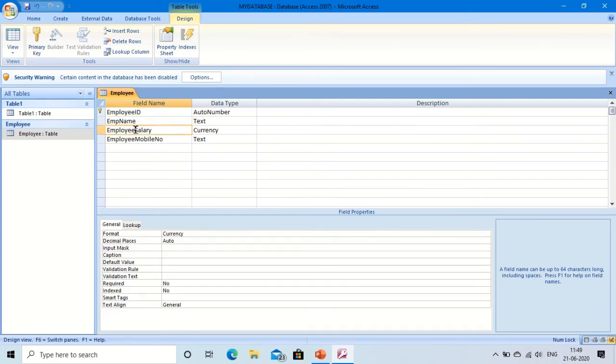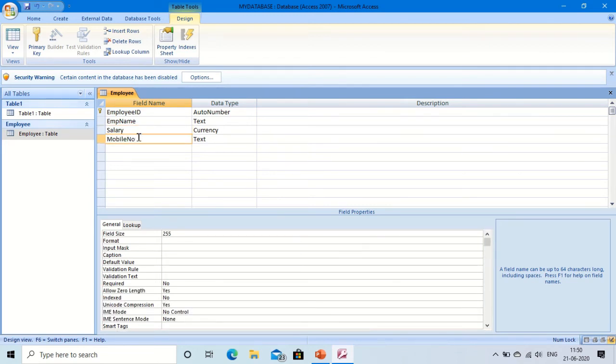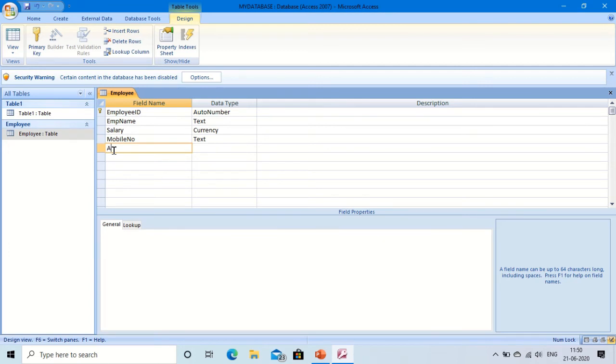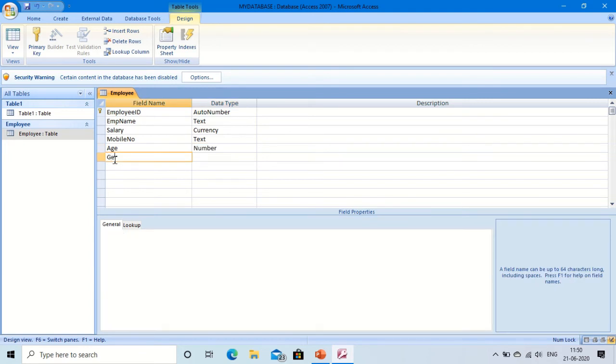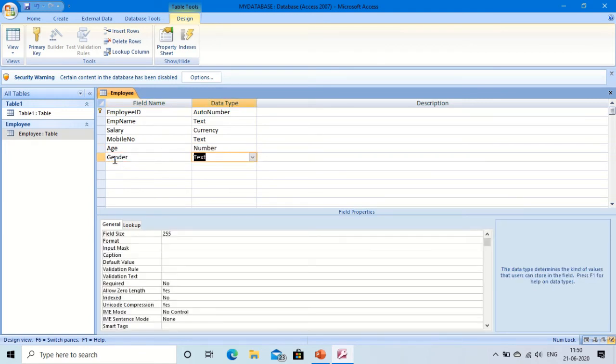And here you can give simply Salary, because the table already mentions employee. Then you can give Mobile Number. You can also mention Age, and age is a number, so we can take Number. For Gender, you can take Text or Yes/No.